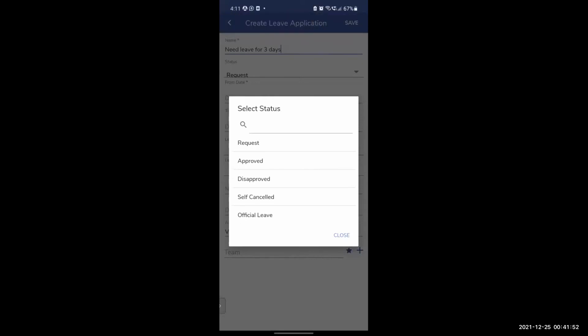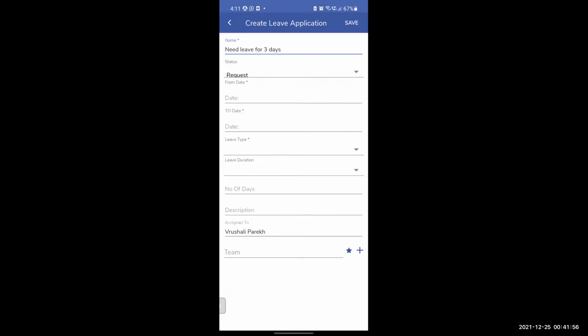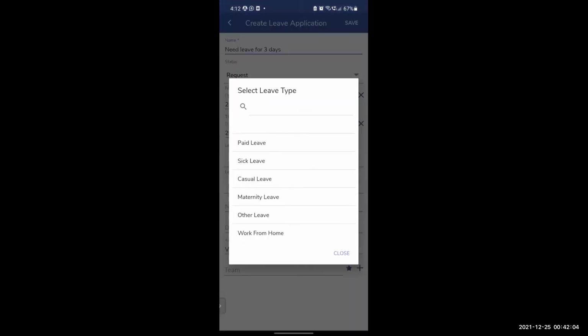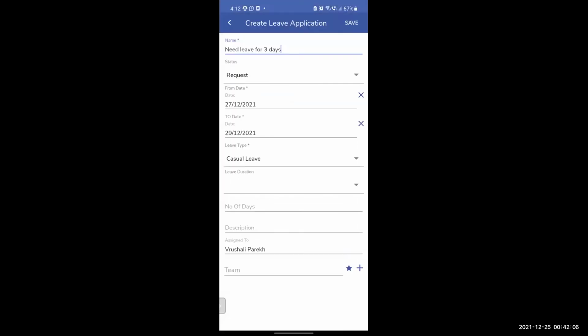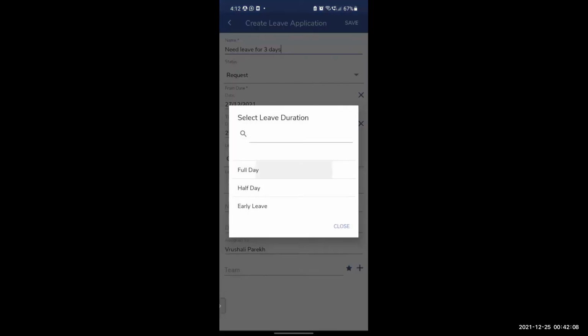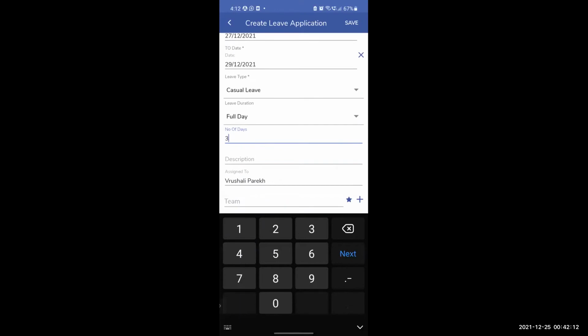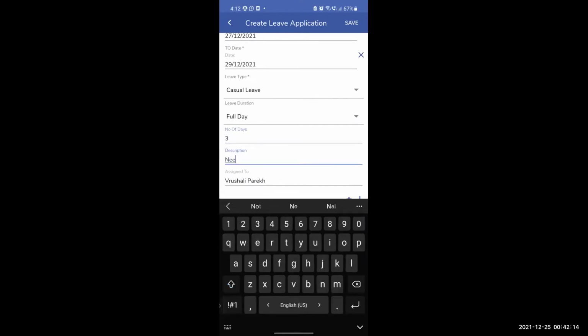My reports to manager will approve or disapprove. Date I will select from 27 to, let's say, 29, and my leave type will be casual leave. Leave duration full day, and it will be a 3-day. Okay, and here I can write the reason, need leave for